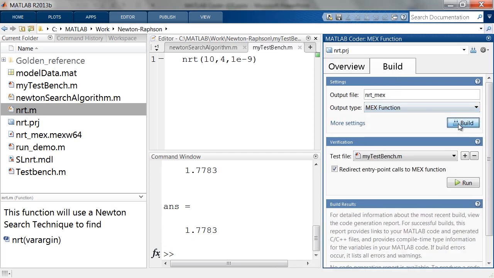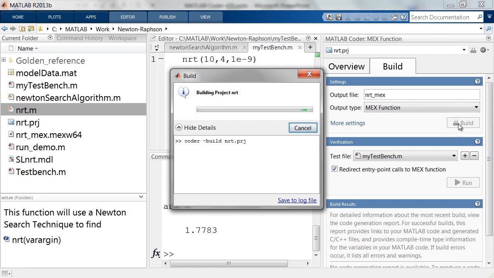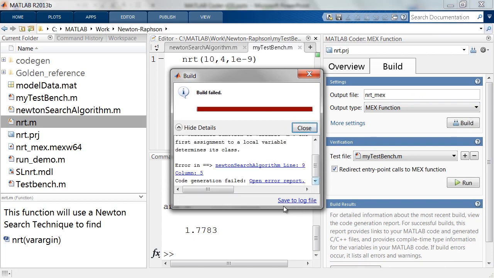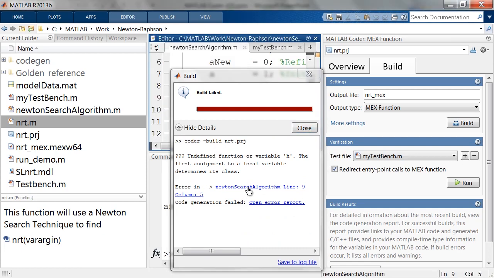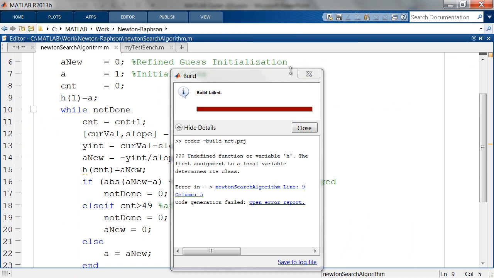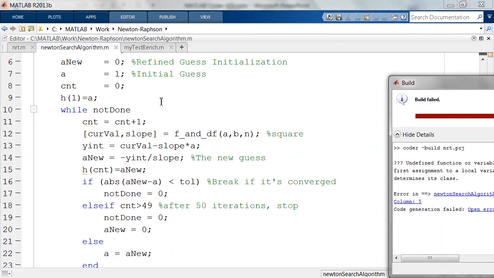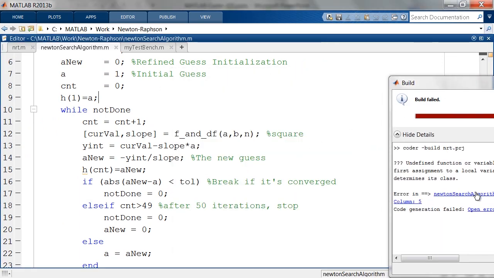We'll go ahead and generate code. So when we try to generate code, we see there's an issue with it. If we click on this, it'll show us the line of code where we're having issues. And over here, it's saying line number 9, there's some problems with it. If we look further down the code, we'll see that